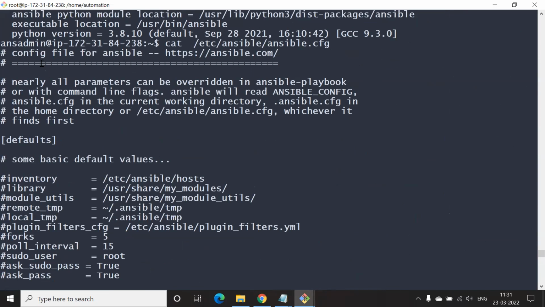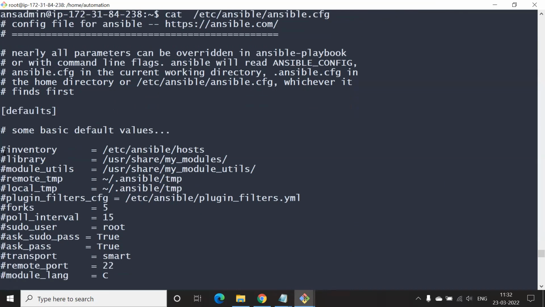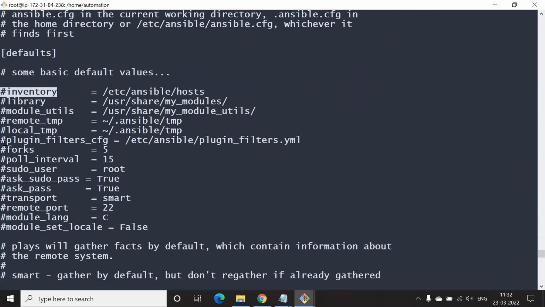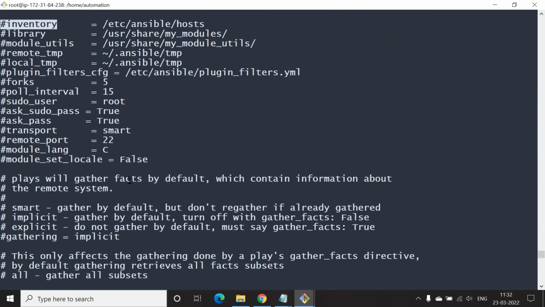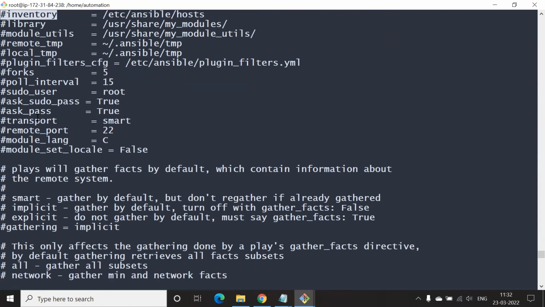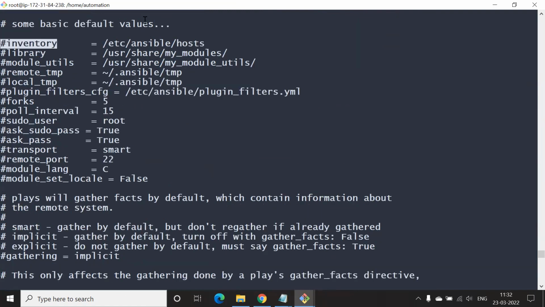If you look at some basic default values, notice everything is starting with a hash. On the defaults, what does that mean? Everything is commented in this. Commented for now. One of the most important things that we generally deal with here is the inventory. And if you notice, it is referring to a file called /etc/ansible/hosts. So check and see, cat that hosts file.